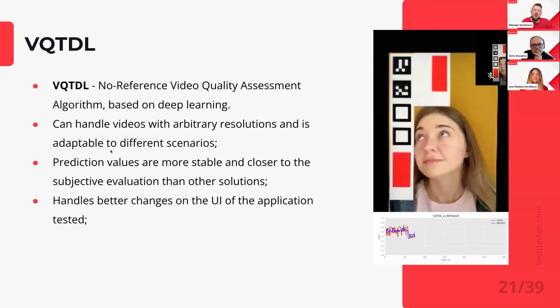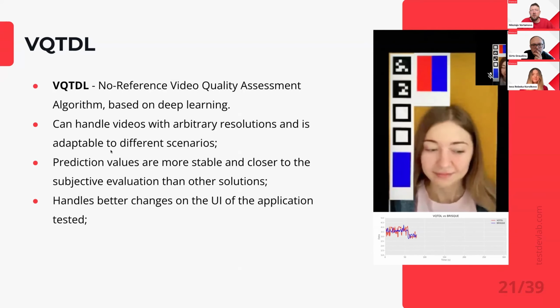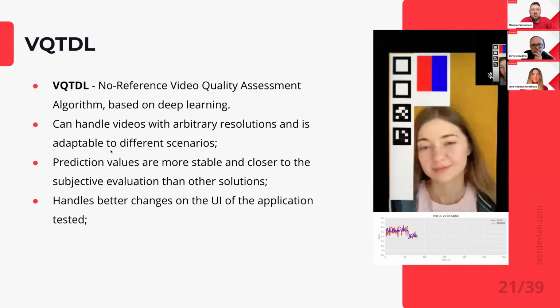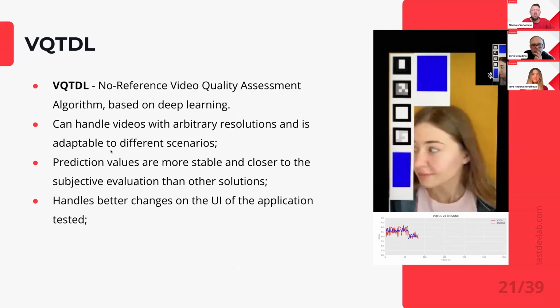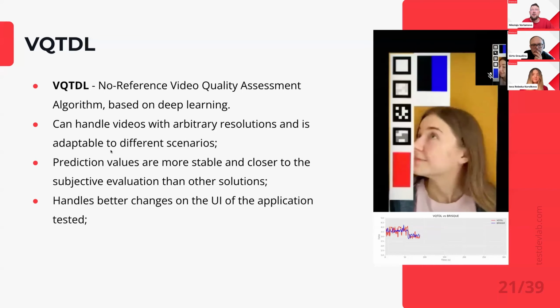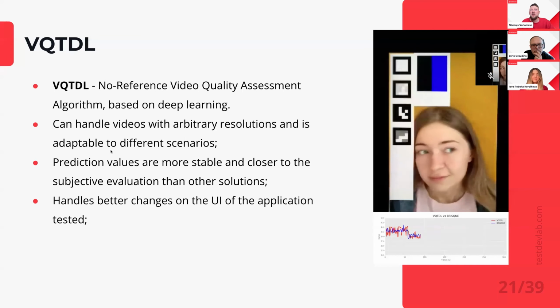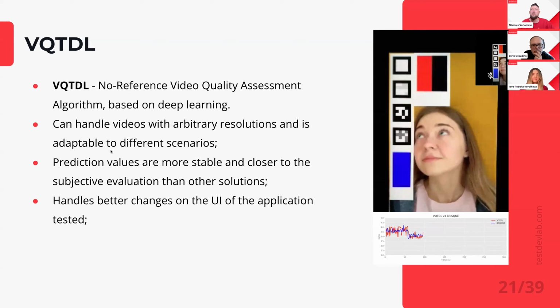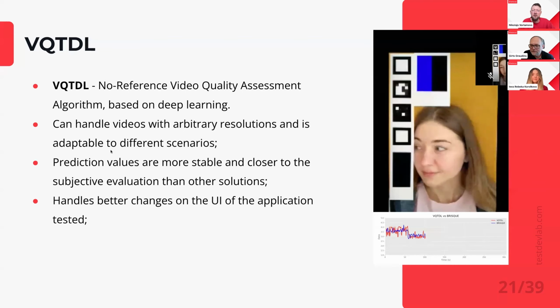But what we see is prediction values are much more stable and much closer to subjective evaluations. And also it handles changes of UI very well, and minor changes are not bringing a heavy difference in scores, in a similar manner as for humans.